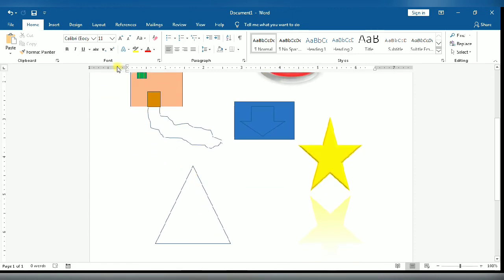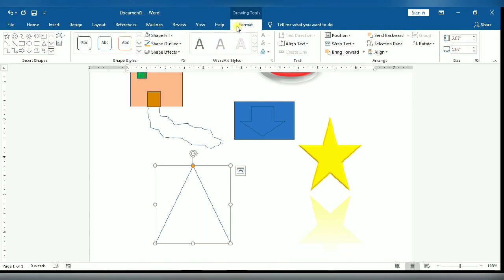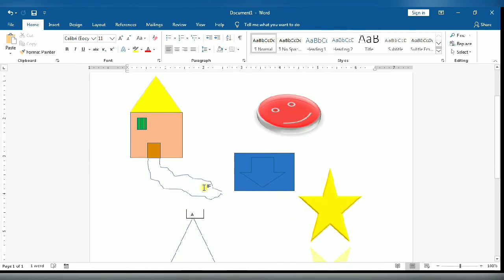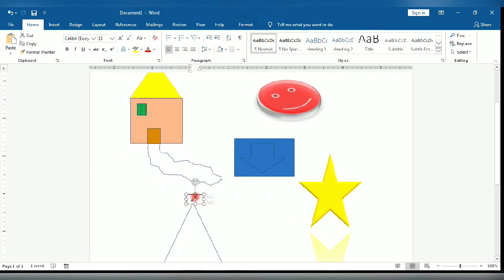Take a text box: select your image, go to the format tab and take a text box. In this text box you write A. Set the position of your text box in the proper way. Now you can increase the size.